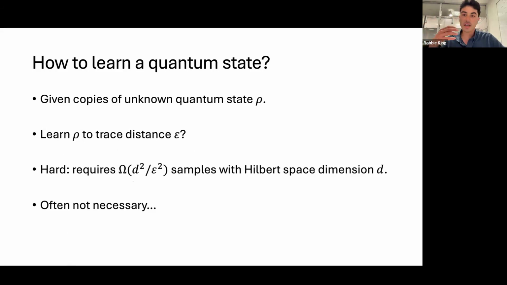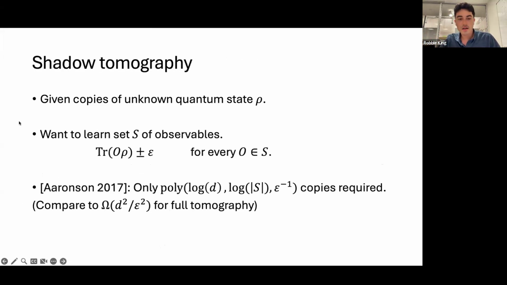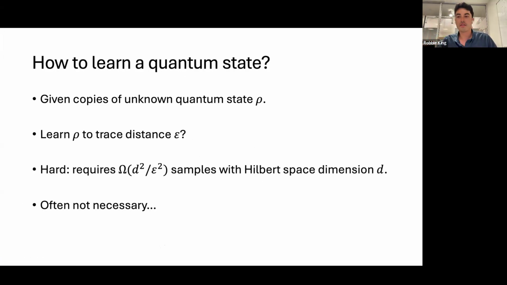So this is very many. You can imagine d throughout will be exponentially large. For example, an n-qubit system will have d equals 2 to the n. But this is also often not necessary. The questions we are wondering about the state are more physical ones, such as what are the correlation functions or the various physical quantities, and these take a different form. These are of the form expectation values of observables. In particular, if we know the state to trace distance epsilon, then we know every observable to precision epsilon.